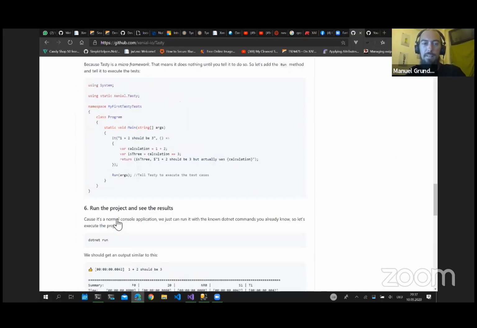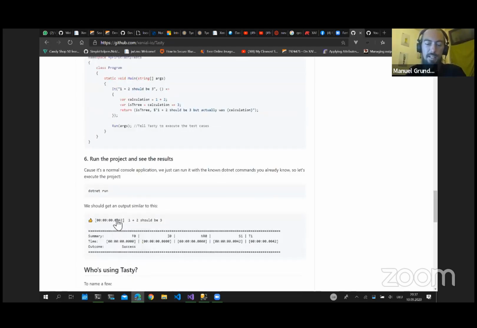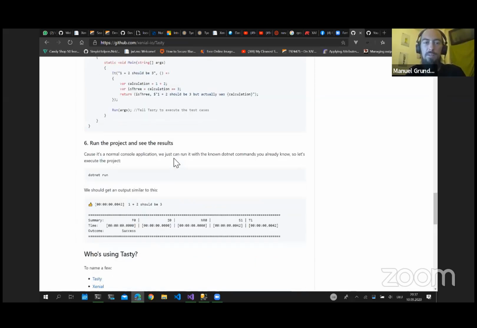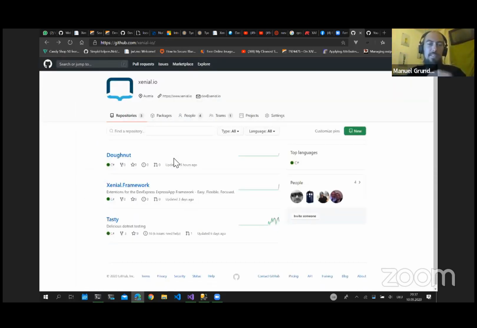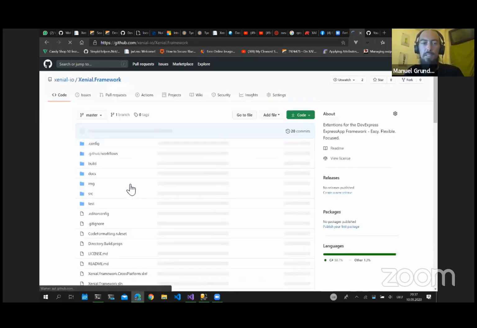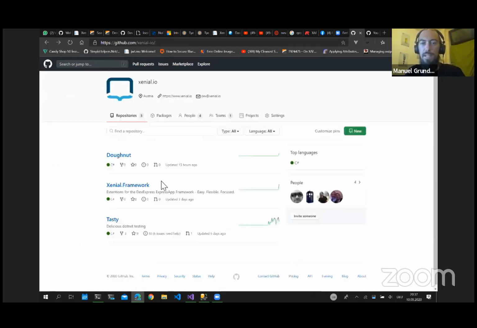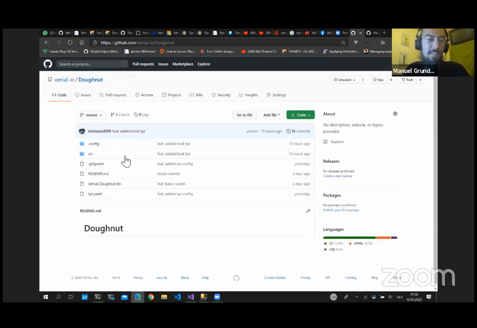It's like Jest, but in a more functional style, and it really tries to be more of a library, not another thing you throw on stuff. But there are also things like the Xenia framework, the XF extensions, which I recently tried to put out in the open, so it is fairly new, but I've been working on it for like 10 years. And there's the thing I call Donut, because I wanted to have a time tracking application,